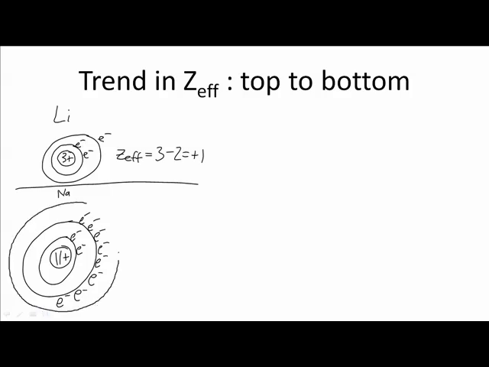And then I've got my 1 valence electron sitting out here. And while there are 11 protons attracting it towards the nucleus, there's this whole phalanx of blockers canceling that out. So Z effective for sodium